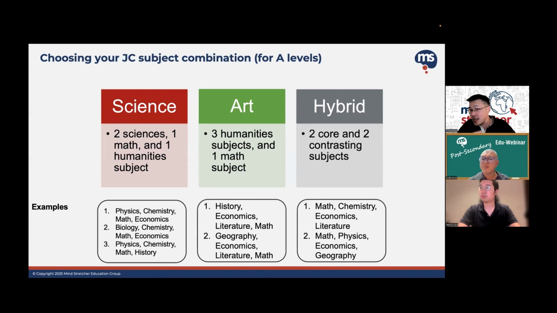It's an interesting development because long time ago there wasn't this, right? So in the long past there wasn't such a thing as a contrasting subject. In fact, if you were to take something like BCME, it will be an odd combination, right? Long past actually there were people who were able to do like physics, chem, bio, math. And that's what we call the triple science that allows them to go into medicine and all that. But now you don't have that anymore because right now MOE focuses a lot more on diversified exposure, holistic exposure, having these contrasting subjects and everything. So you cannot have like a triple science combination.